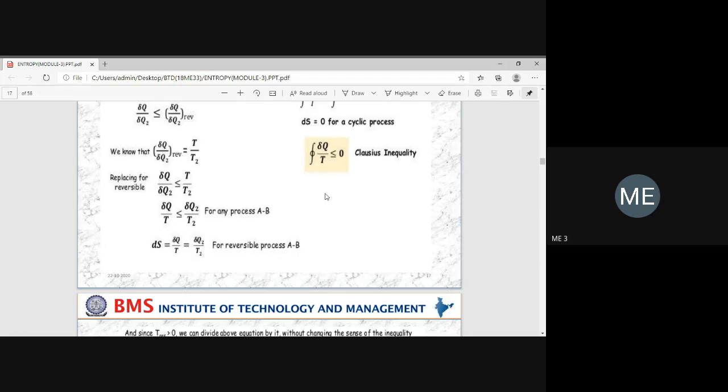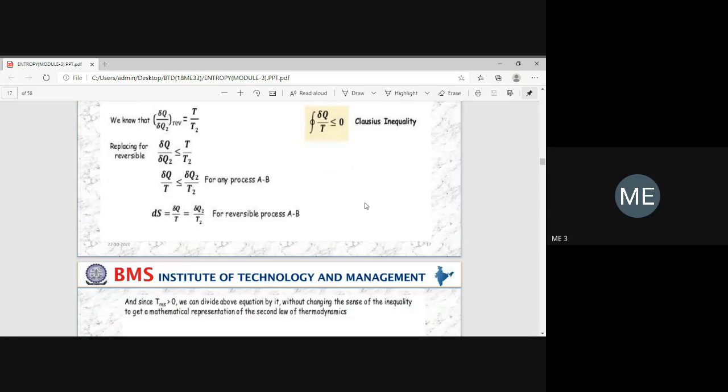So cyclic integral of dq by T is less than 0 for an irreversible process. Cyclic integral of dq by T equals 0 for a reversible process, and cyclic integral of dq by T is greater than 0 for